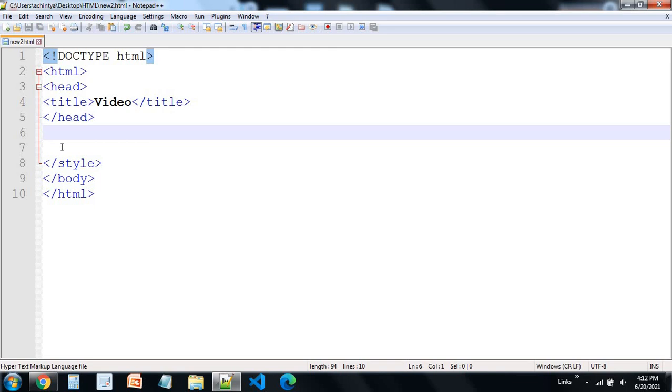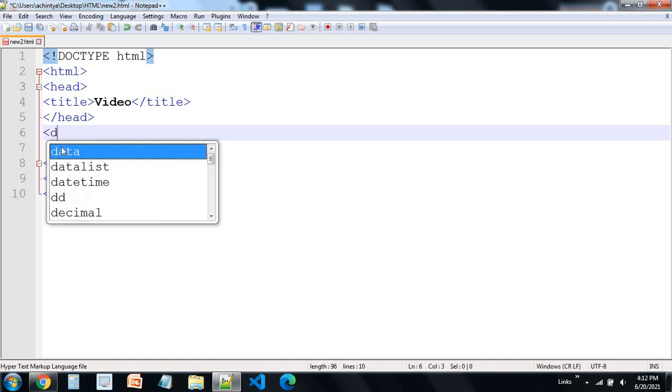If somebody wants to tell us both to wear a red shirt, he can give a class, and he can give the same class to both of us. And if he wants me to wear a green shirt and you a blue shirt, he is going to use an ID.